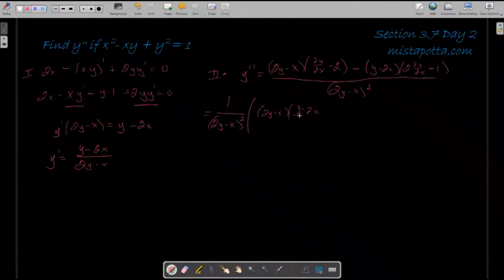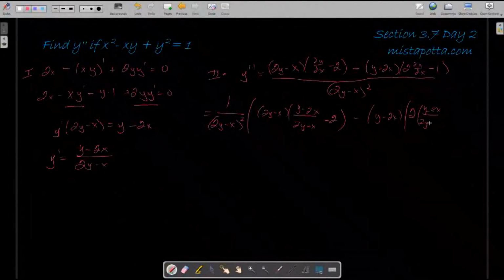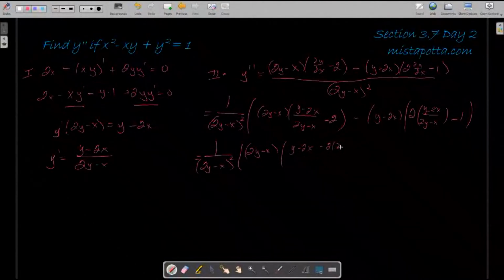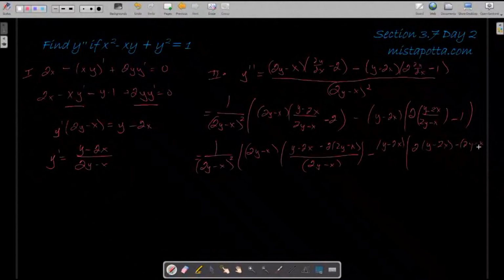So I'm going to have 2y minus x times y minus 2x over 2y minus x minus 2, minus y minus 2x times 2 times this fraction, y minus 2x over 2y minus x minus 1. And as I did before, I'm going to want to get a common denominator within this larger parentheses term. So I still have this 1 over 2y minus x quantity squared. But over here, I'm going to have 2y minus x times y minus 2x minus 2 times 2y minus x over 2y minus x. Minus, over here I've got y minus 2x times 2 times y minus 2x minus 2y minus x, all divided by